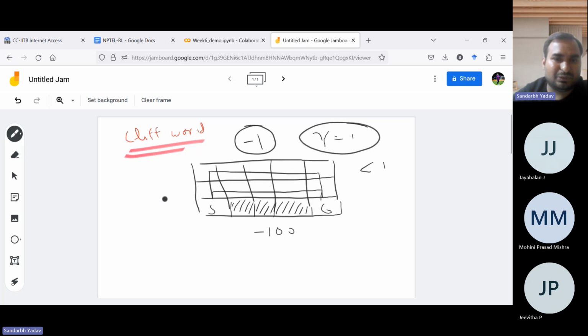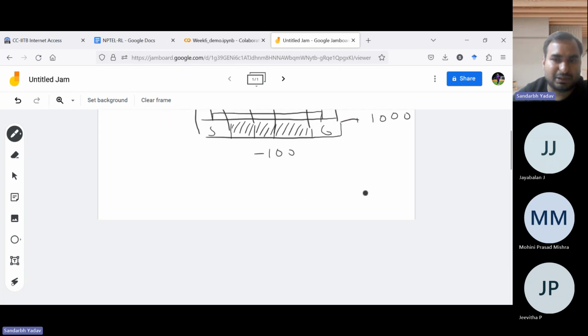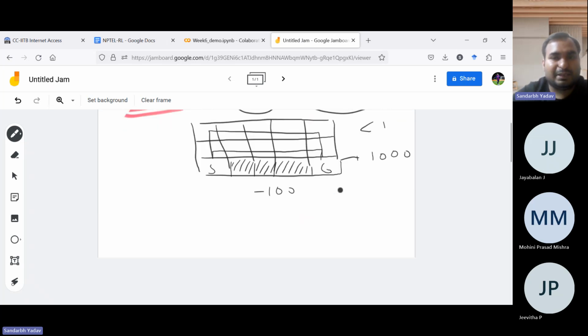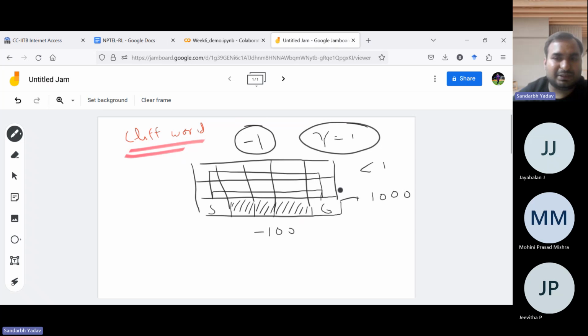Then it will enforce that you need to reach the goal state as soon as possible, and you can have a much bigger reward, maybe +1000, for reaching the goal state. That way the agent will try to reach as fast as possible, because with the effect of gamma squared, gamma cubed, if you reach later, you are basically diluting your final reward. So that ensures a sense of urgency.